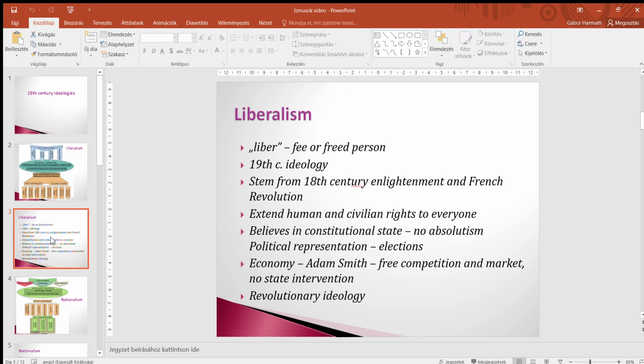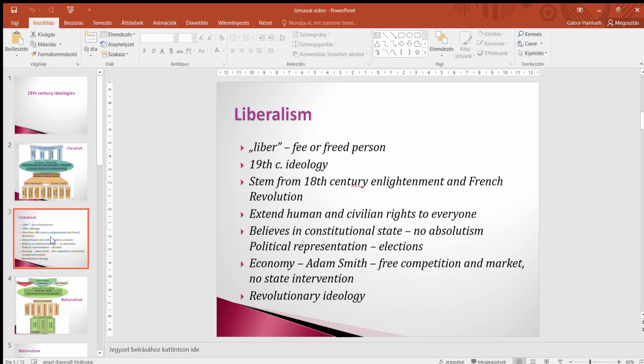Liber is a freed person, okay. Stem is 18th century, okay. I want you to remember that liberals want to provide human and civilian rights to everyone, so they didn't care about the borders of countries, they just wanted to provide these. They believe that a constitutional state is needed, so no absolutism, the freedom of all rights, like the right to be free, the right to have private property, and the others we already mentioned